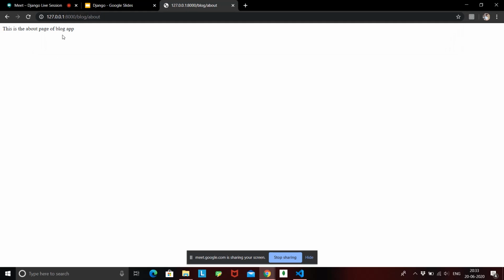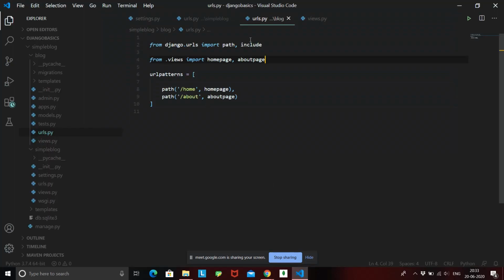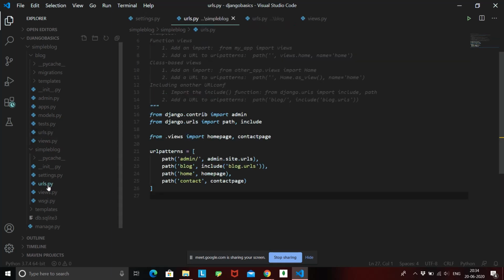Okay, so this is how your app basically works. You can have multiple apps and you can create multiple URLs inside each individual app, and make sure you give the base URL. Okay, this blog was the base URL, and afterwards I can give the URLs from the blog app, but you need to have a base URL, that is the blog. Okay, so now this was the URLs from your blog app, and then inside your root urls.py you specified that if a blog, that is base URL, is encountered, include the URLs from blog app.